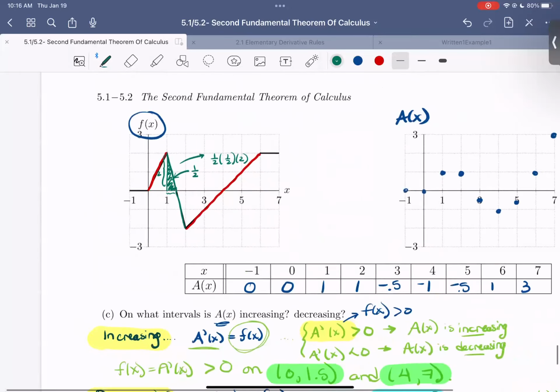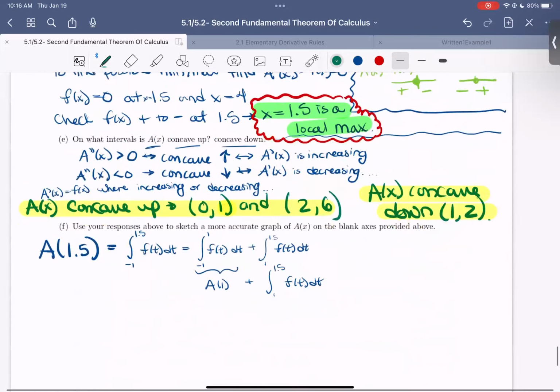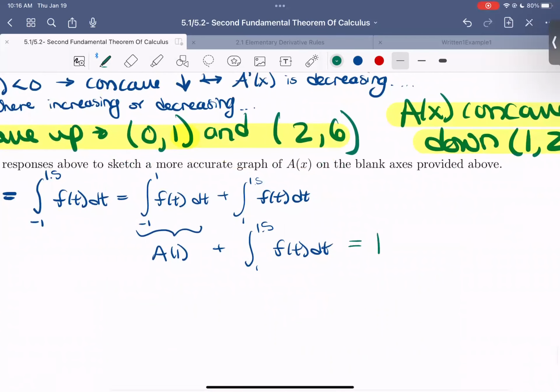So let's write that out. So A of 1 is 1. So this becomes 1 plus 1/2 times 1/2 times 2. So this is equal to 1 plus 1/2, because the 2 cancels with a 1/2,